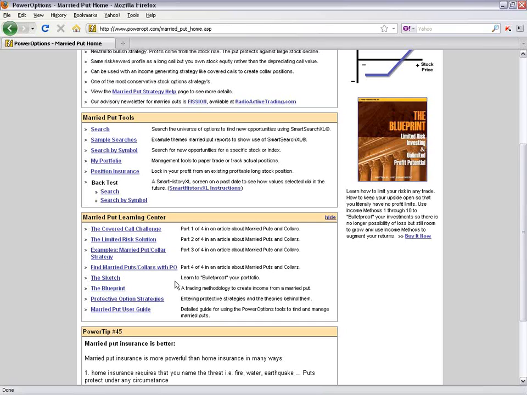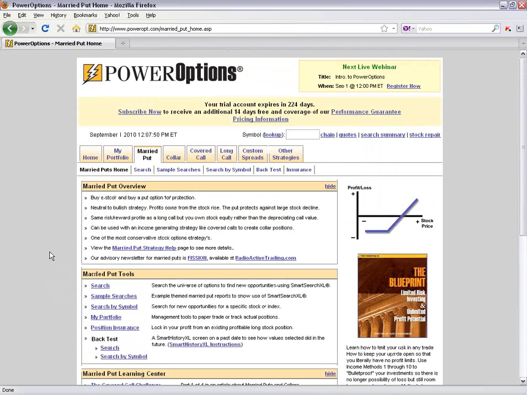Of course, you can access some of the other information, the sketch again, the blueprint you can link to, the Protective Options Strategies book, and of course we have a user guide that's developed just for married put traders using the radioactive technique. You can request that here at the Married Put User Guide in the Learning Center. I'm going to review basically the tools. Let's just talk about the tools that are available in the Married Put tab for radioactive traders, and then we'll go right into the search tool. The search tool, of course, this is going to allow us to scan the entire universe of options